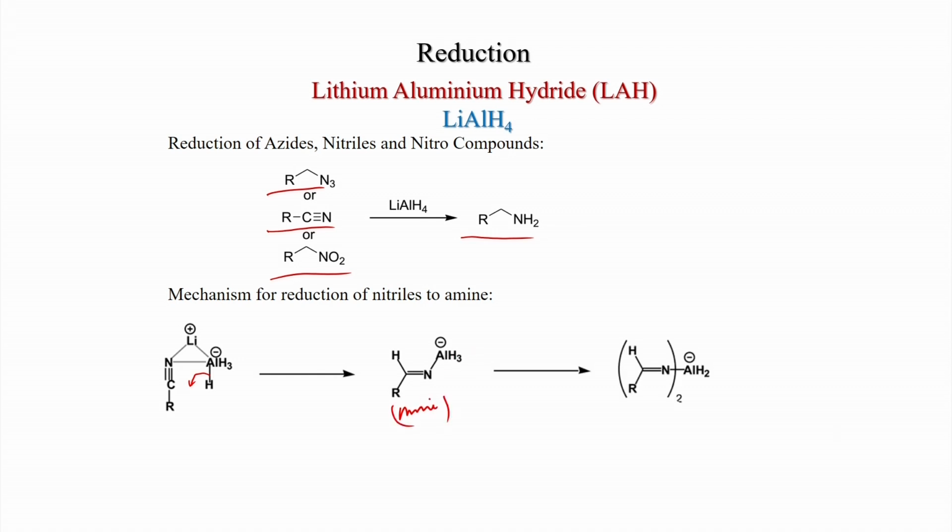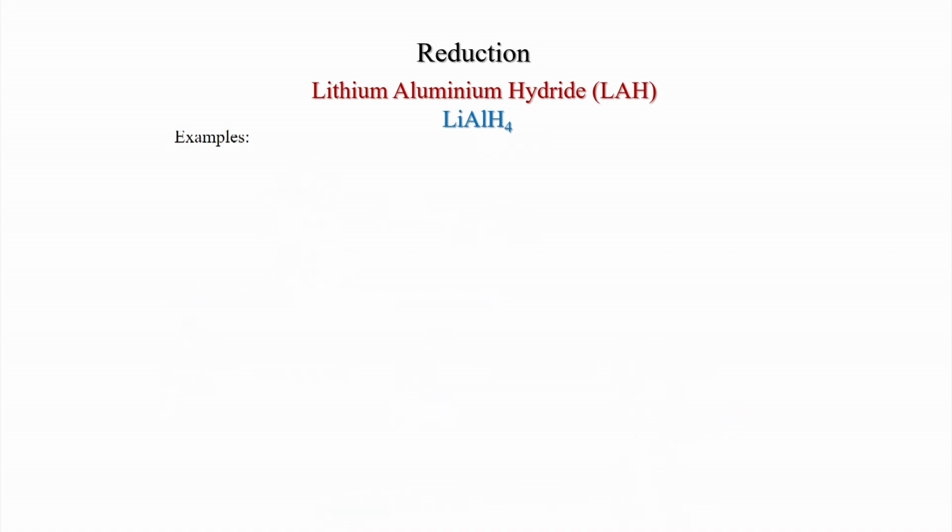with an aluminum bond, and now this can again reduce another nitrile to generate this species where 2 imine bonds are connected to aluminum, and ultimately this imine will get reduced again. So, on reduction you generate the amine, and after protonation you get the free amine. So, this is the free amine. So, what are the intermediates? Nitrile goes to imine goes to amine, and after proton or acidic workup you get the free amine.